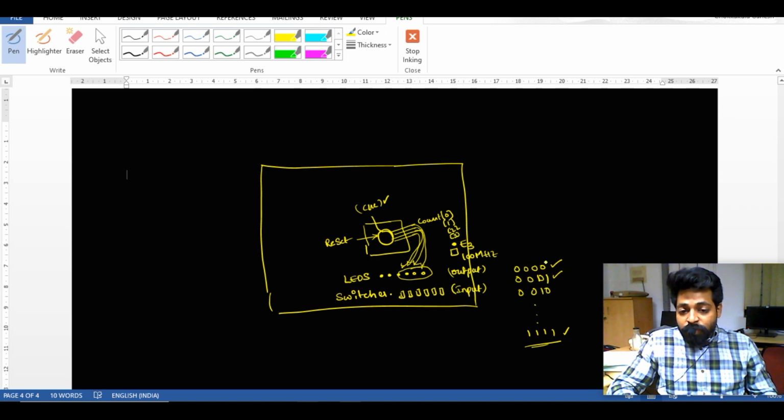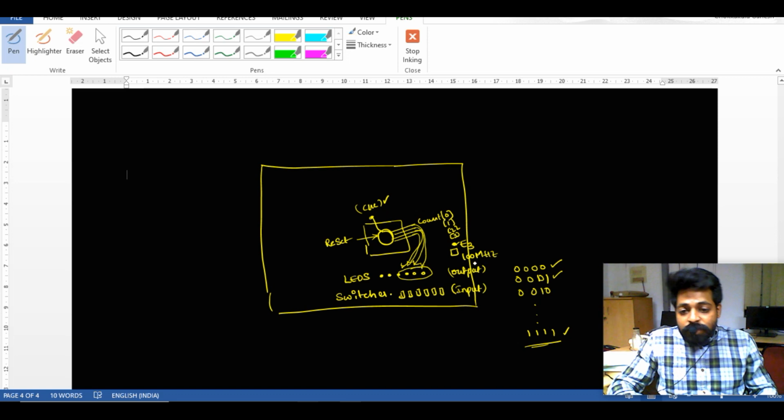It will be moving from one value of the count to the next value. So like that, within no time all the values will be visible across the LEDs. Now we have to remember one thing: the clock which you are trying to provide to the counter, which is generated from the